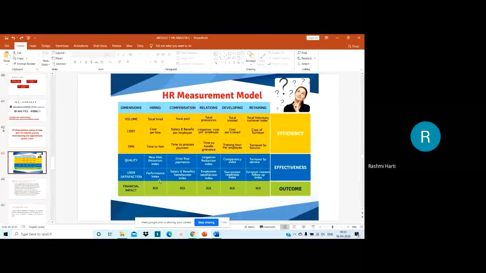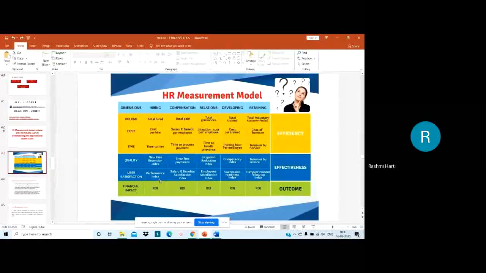So the HR department has to see to it that it develops the career of the employees and it develops the succession planning of the organization. There should not be too many vacancies left, and there should not be any gap in filling a vacancy. Immediately you need to have a successor who would fill the vacancy within the organization. If that is achieved by the HR department, then it is effective.